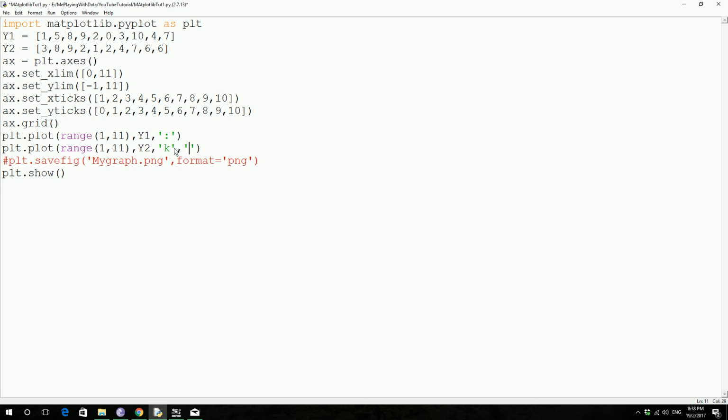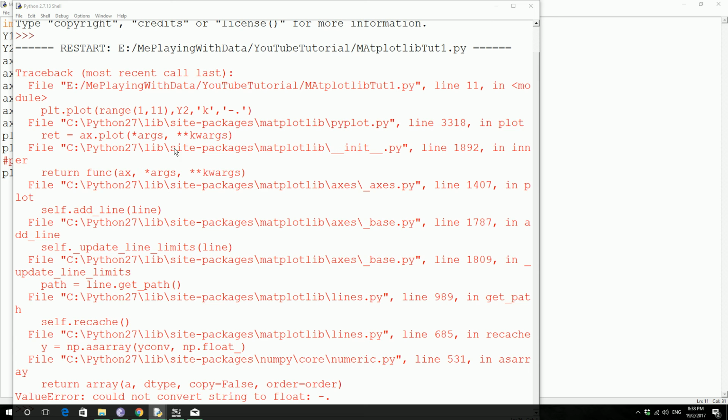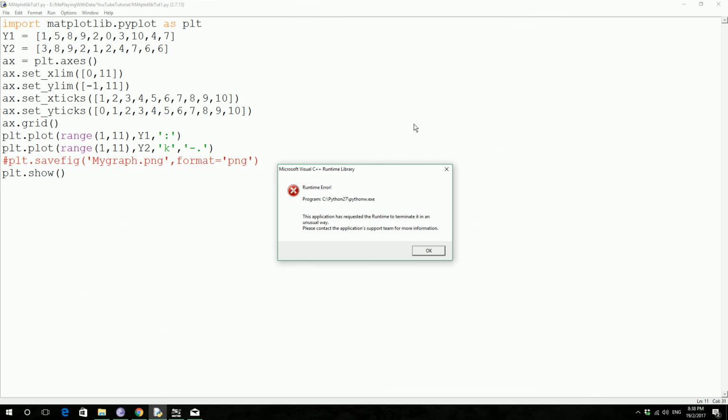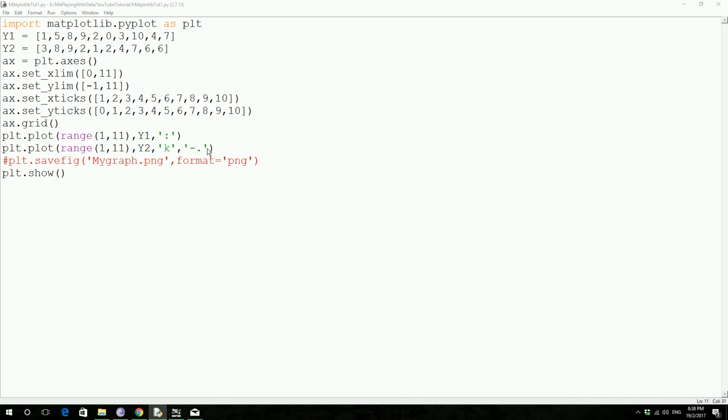I want it to be dashed dotted. Save and press F5. Okay, so I think you could either color your graph or style your line. You can't have both at the same time. Maybe that's the problem that I'm facing. If there's any other way of doing both at the same time, then please let us